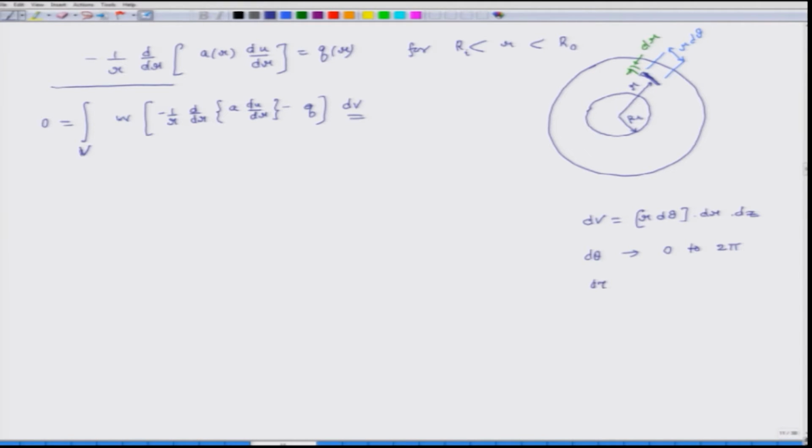When I am integrating on z, in this case I assume that the length of this pipe or cylindrical cross section is 1, just for simplicity. But if it is L, then I can make it 0 to L. So, when I integrate on z, the limits will be 0 to 1, because dV has d theta, dr and dz. So, I will have 3 successive integrals, and when I am integrating on r, I am discretizing this whole radius into small elements. Okay. So, it will be from r a to r b.